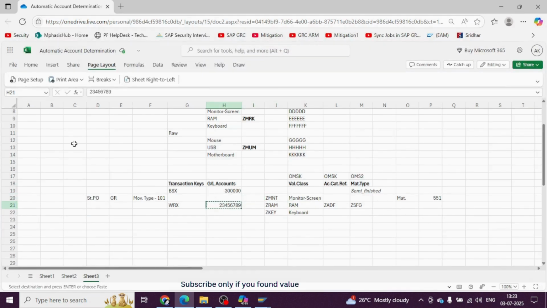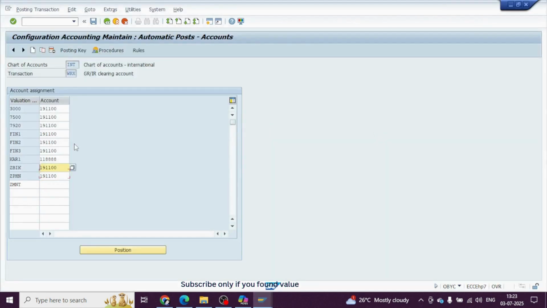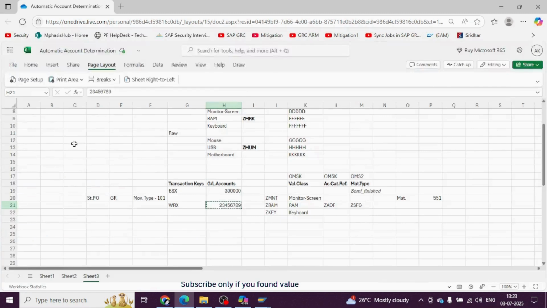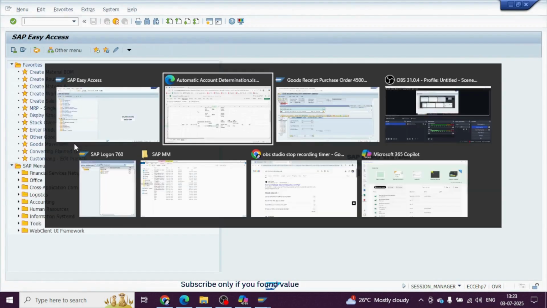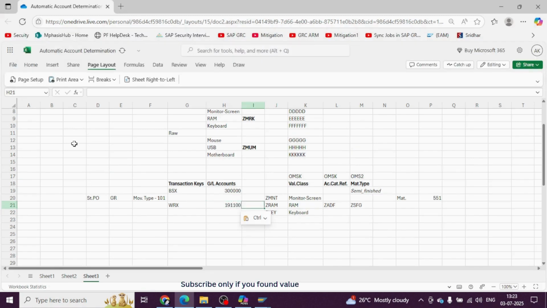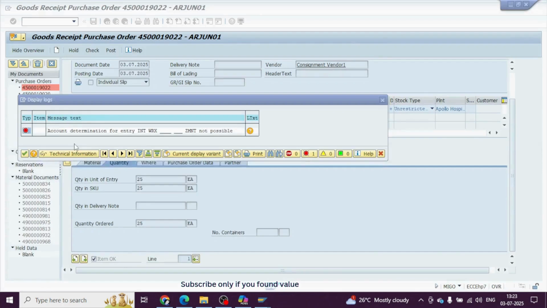So instead of this GL account, now we will see what is available in the system, and it is working fine. So let's take this GL account. It looks like it is working fine, configured correctly by the FI candidate, or maybe in this training software. So hit enter, save it. Okay, so what is this? This is ZMNT, right? So this is your GL account. So paste it here. So now let's do the